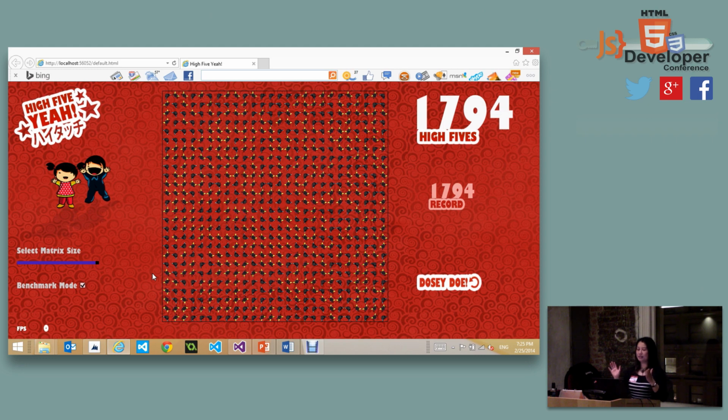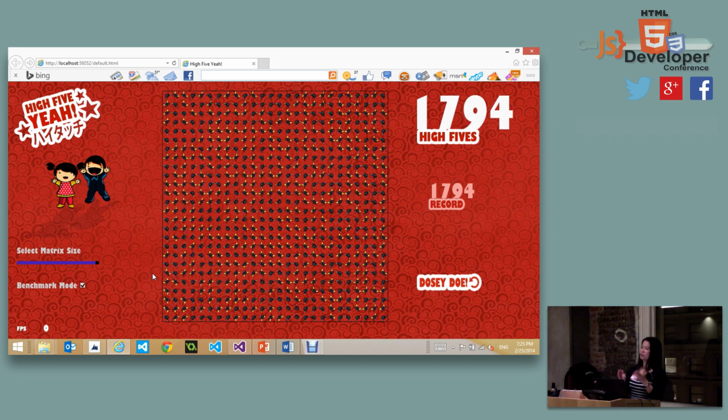Okay, so this is basically a very simple game. Two types of players, right? They rotate in 4 directions. Every time they hit, they make a high five. And the score is based on that hit, right? So if you click on any of the players, that player is going to rotate and hit all the surrounding players, causing the surrounding players to generate another round of hits, right? And obviously, the higher the score, the better, right?